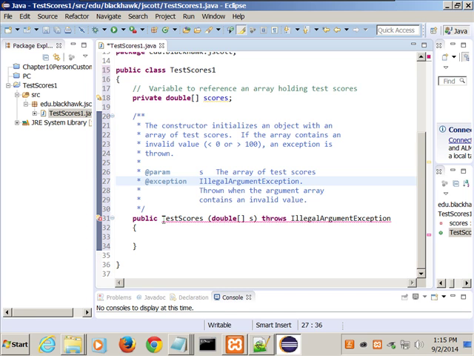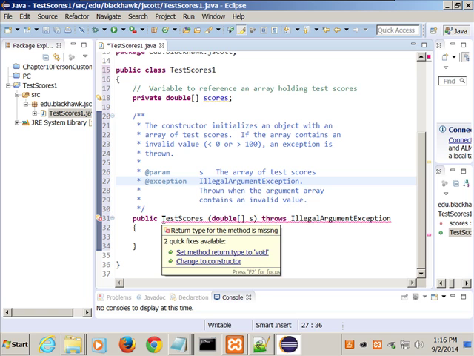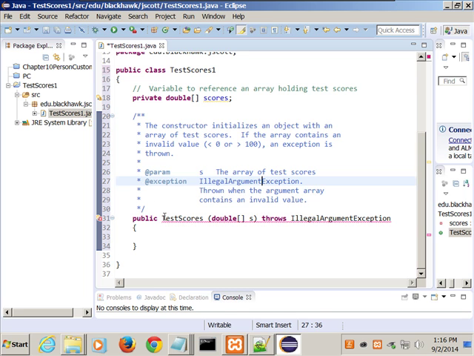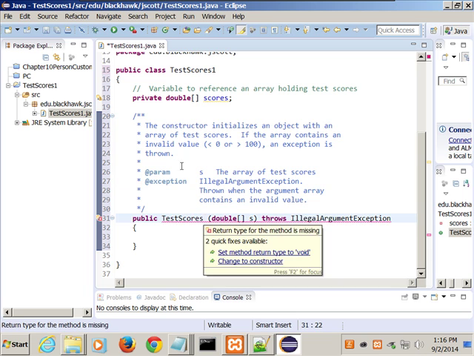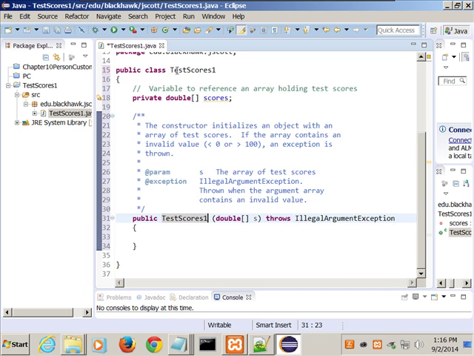Remember, you cannot have a return value for a constructor. You may or may not remember that, but we did go over it last semester. So what this is saying, since it's test scores, and since it's got to be the same name as our class, test scores 1, you know that it's a constructor, correct? All right, everybody's cool with that?